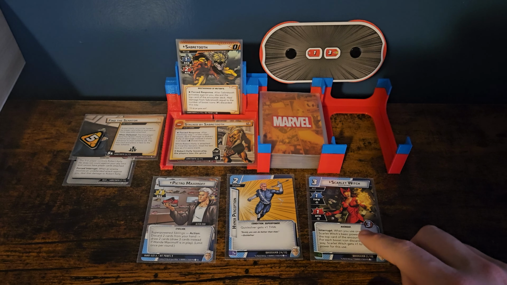And then let's thwart with Scarlet Witch so I can see how much I need to thwart for, because I might be able to attack with Quicksilver instead then. So thwart for 1, 2 with Scarlet Witch, and then I'll have to thwart with Quicksilver anyway. Okay. To get rid of...